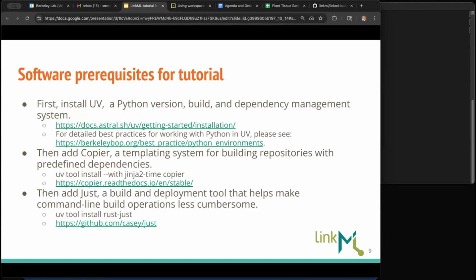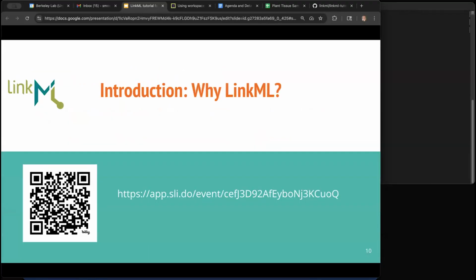Just one last time, here are those software prerequisites. Hopefully you can put them in place while I'm talking. So I think the first thing we're going to do is just introduce LinkML for those of you that are new to our repository and our package. And to do that, I wanted to start with this